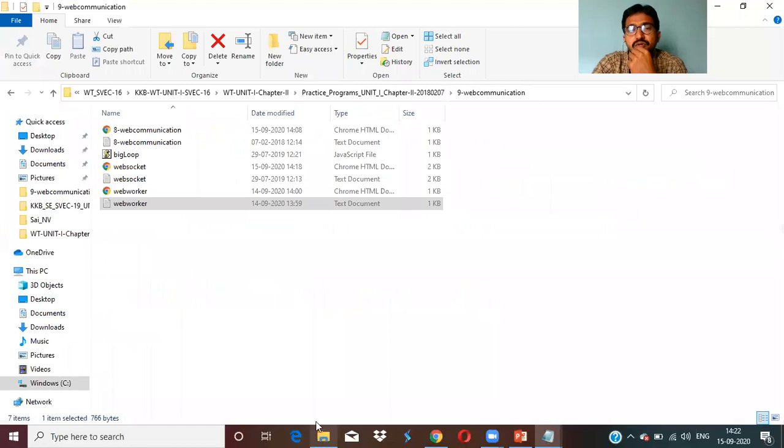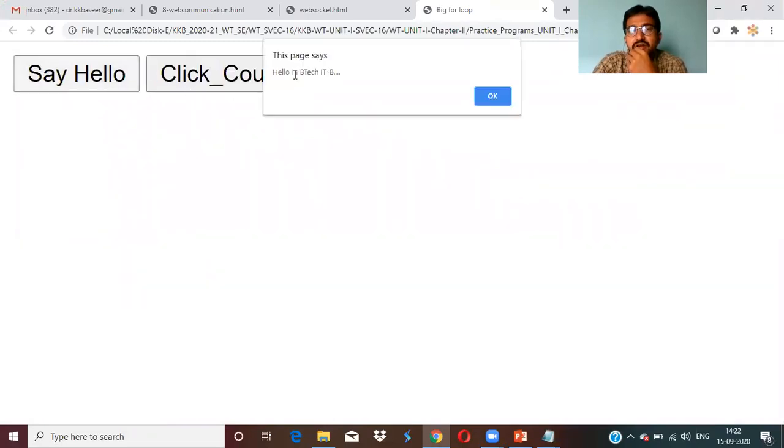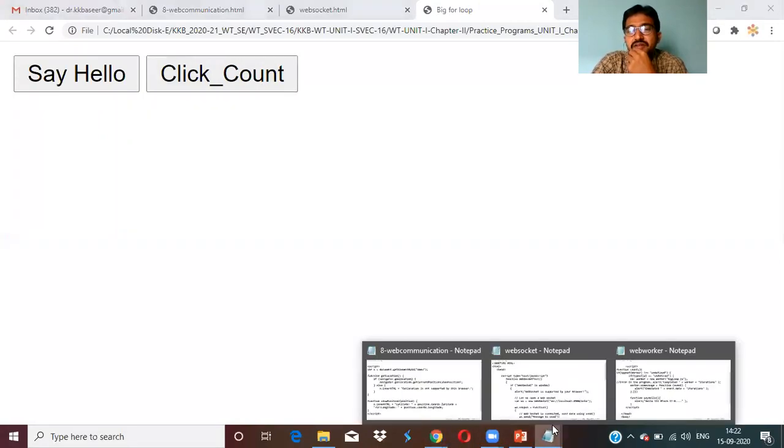Now, if you run this program, it is already saved as web worker. See here, I'll just zoom in. Say hello is front end, right? Click count is a backend process. Whenever that is completed, it will display a message. What message are we displaying here?